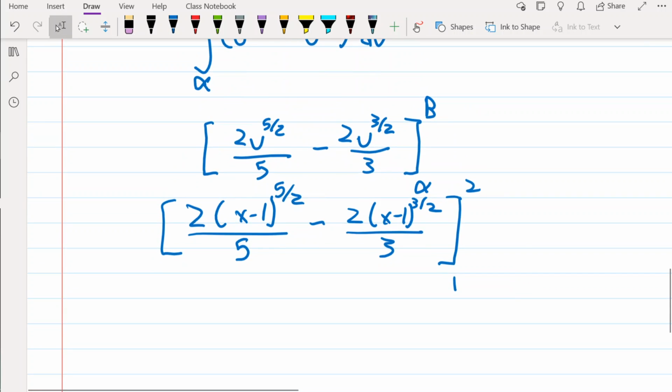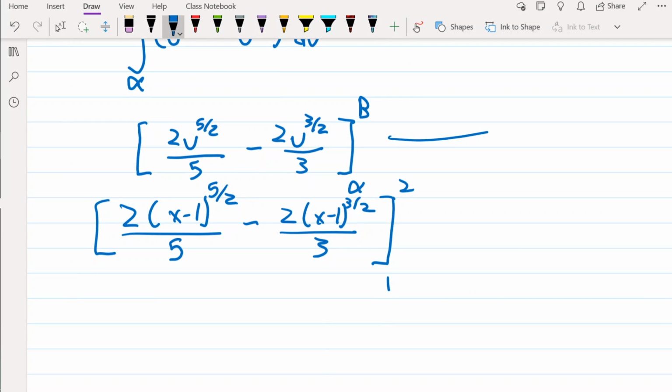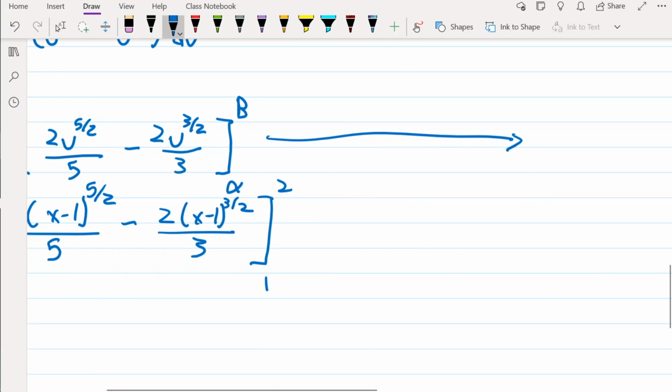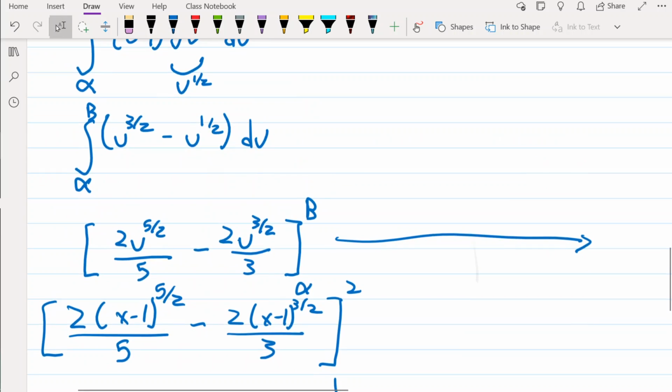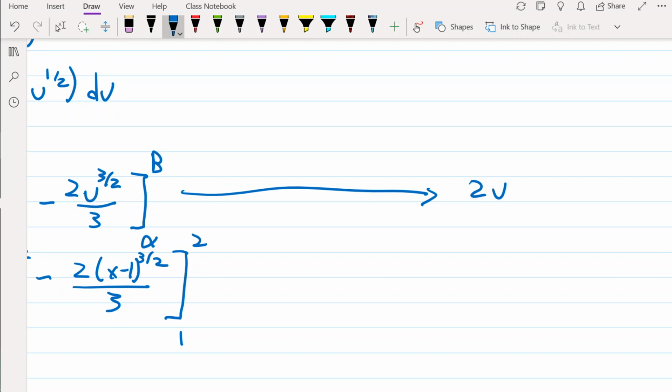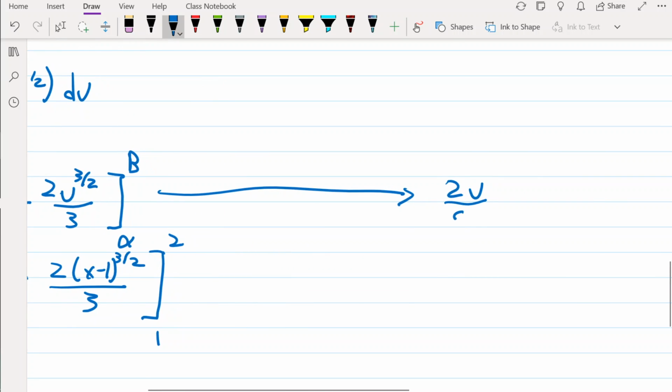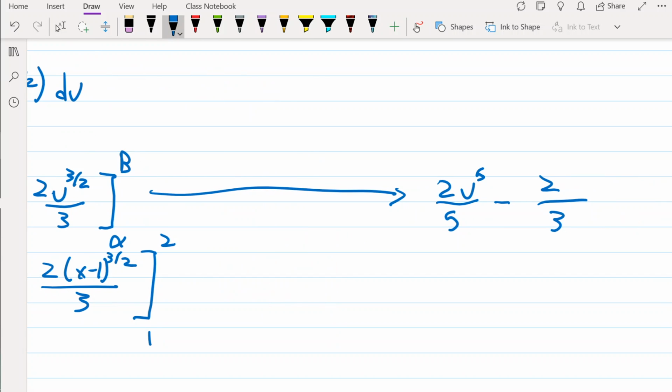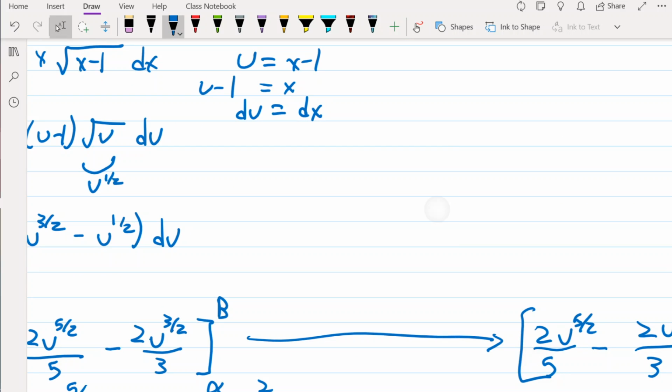It's probably easier in this case to take it and just substitute in from alpha to beta and find alpha and beta. So let's just do that real quick. So we're going to have 2 over 5 u to the 5 over 2 minus 2 over 3 u to the 3 over 2 power. All that is going to be evaluated from, now let's find alpha and beta. So alpha